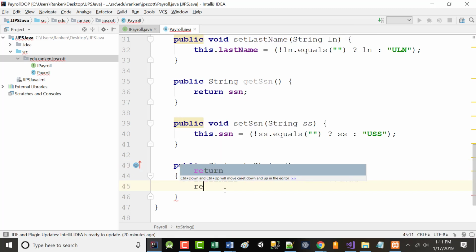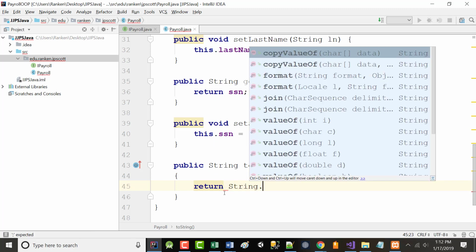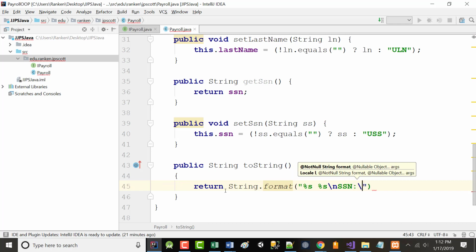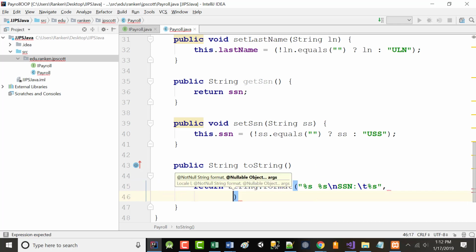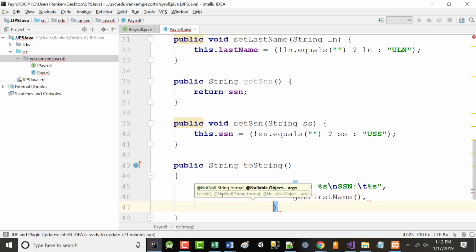And what we're going to say here is return String.format, just to show you that there's different ways of doing this. %s space %s \n SSN: \t %s, comma, getFirstName, getLastName.